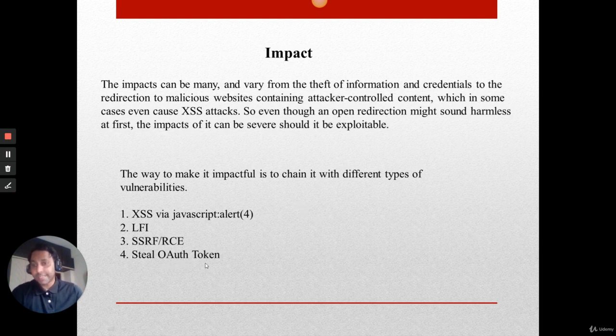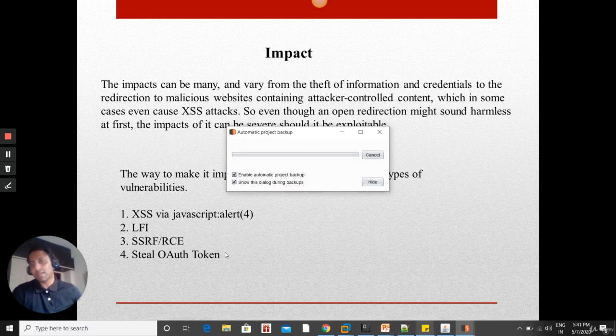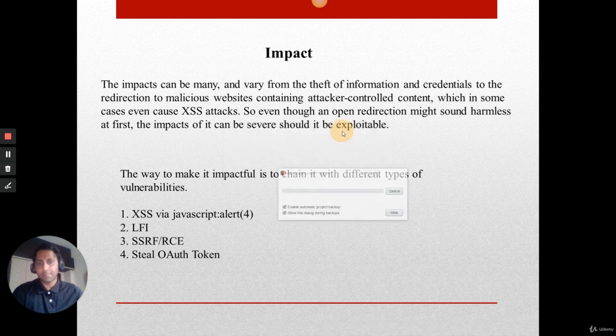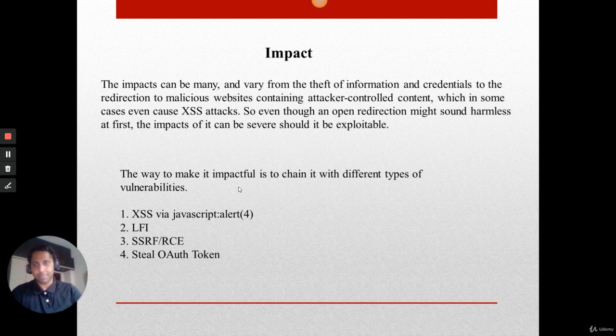And we can also steal OAuth tokens, where we have login and sign up pages, you can steal the OAuth tokens. So these are all the four different ways which I will be showing in the live demo. So yeah, thank you. Going to the next one,